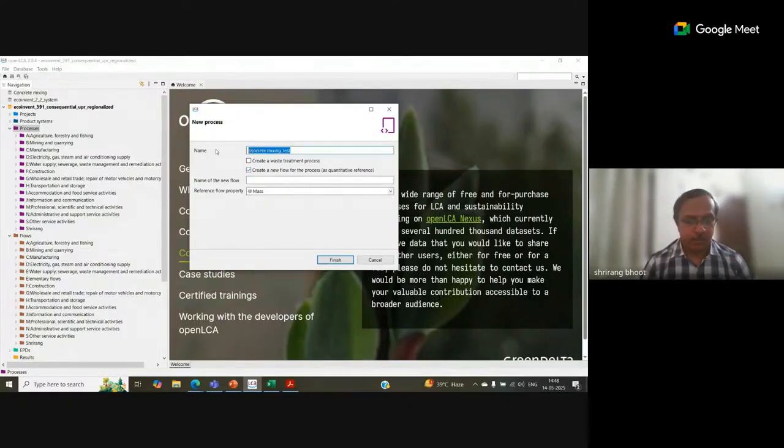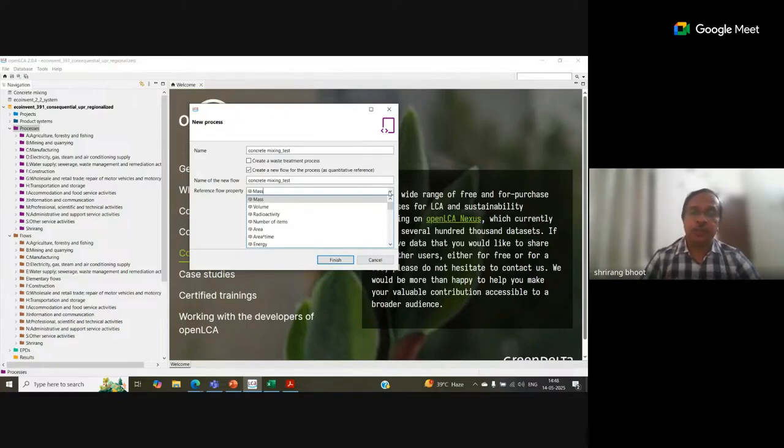The new flow name, I keep the same as it is. And obviously the reference flow property is mass. Basically we are talking about the quantity of concrete which will be generated, so we are going to deal with mass. It depends on what activity you are creating a process for. There could be a process for energy.